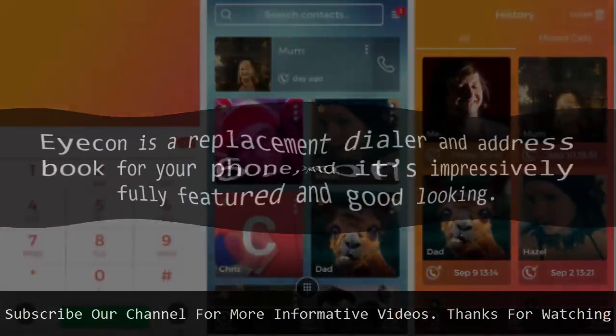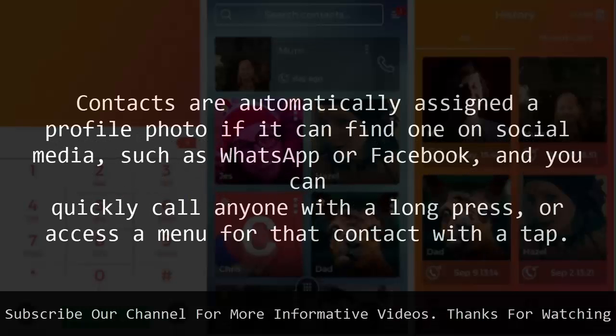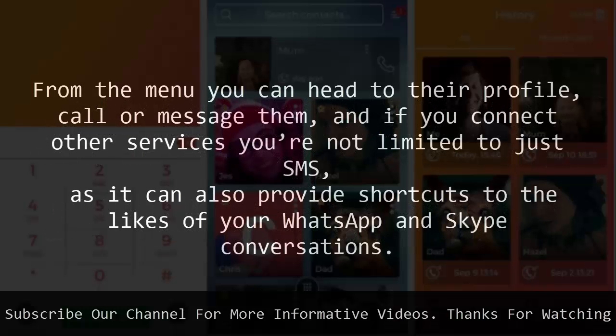6. Icon. Icon is a replacement dialer and address book for your phone, and it's impressively fully featured and good looking. Contacts are automatically assigned a profile photo if it can find one on social media, such as WhatsApp or Facebook, and you can quickly call anyone with a long press, or access a menu for that contact with a tap. From the menu you can head to their profile, call or message them, and if you connect other services